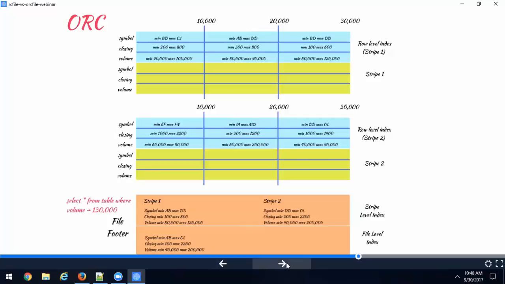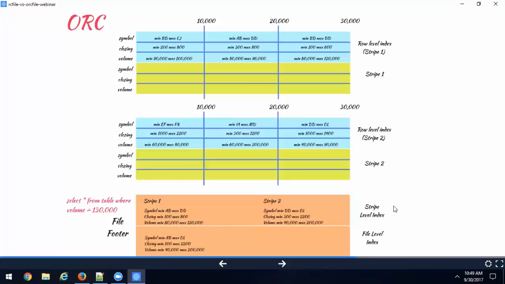The beauty of ORC is not the stripes or the stripe size, although it definitely brings efficiency. It's the next concept that we are going to discuss, which is related to file level statistics. ORC maintains a few indexes or statistics at a few levels. At the file footer, it stores a file level index and a stripe level index. I'll talk about the row level index in a bit, when we talk about how the data is laid out in stripes.